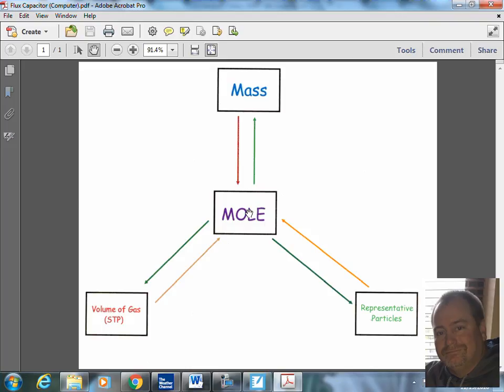What we're going to do today is learn a new one. It's going to be dealing with that top one, where I'm going from moles up to mass. Moles to mass, and I could go mass back down to moles. Okay. So I need to have a conversion factor. Well, we've already talked about the conversion factor